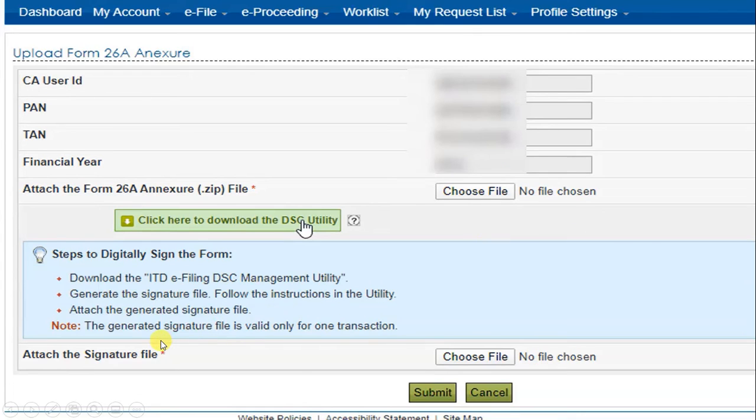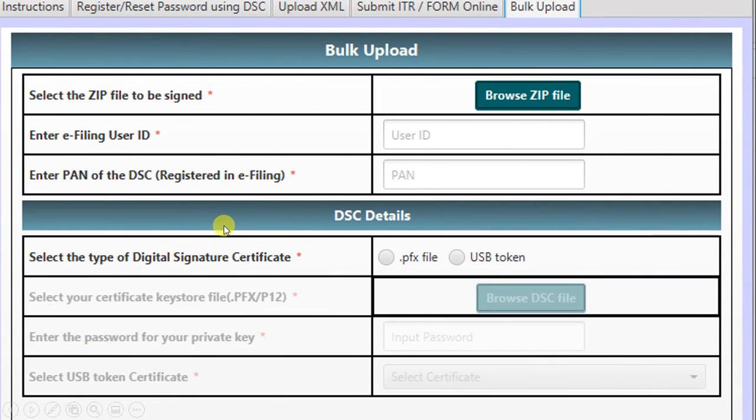The signature file, how do we generate the signature file? We can generate the signature file using the DSC utility. So we can download the DSC utility by clicking from here, and once you click on the DSC utility, the DSC utility will be opened like this. Once you click on the DSC utility, you will find an option called bulk upload. Friends, you should generate the signature file only by using this option, not by using register or reset the password using DSC. So CA has to mandatorily go to this option of bulk upload and browse the zip file generated